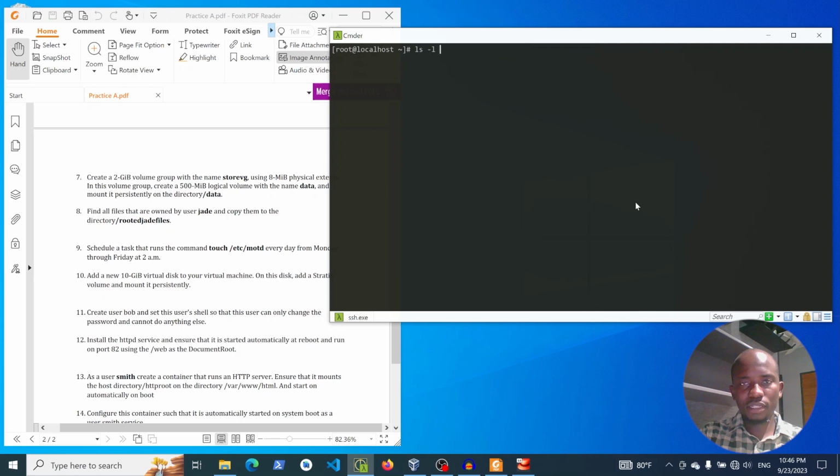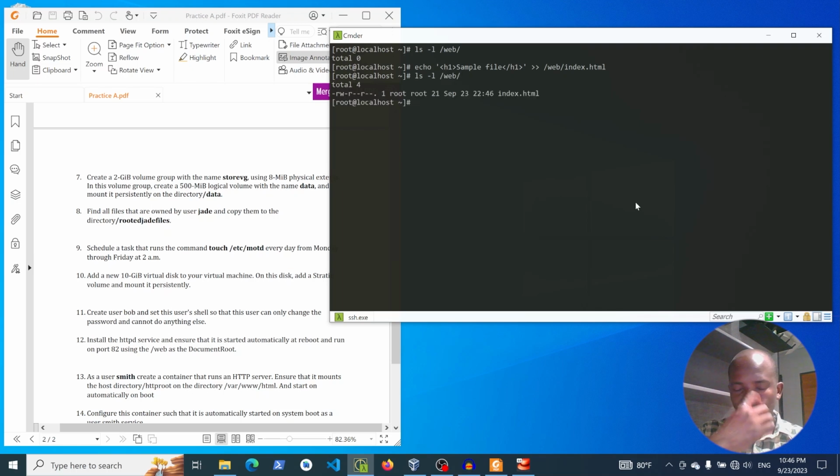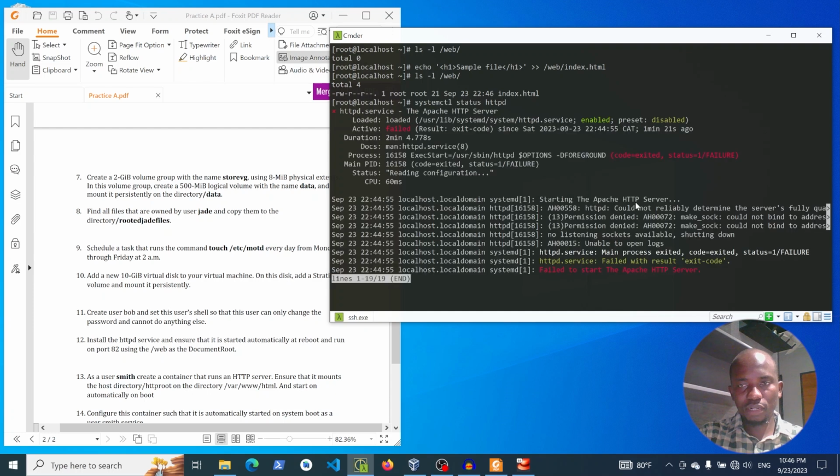Okay, if I use -l web, so that file is not, so I must have this one -l web. And if I use now systemctl status httpd, now it's false. If I just use getenforce, actually we are in enforcing mode, so